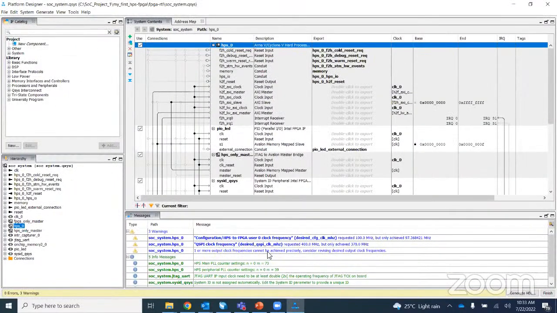Now open this SoC system.qsys. When we open this SoC system.qsys, you can see this is the HPS, which is the hard processor system. Here you can see what are the important interfaces which you should understand, right? What are the specific connections, right? You can see H2F. That means this is processor to FPGA, HPS to FPGA AXI clock, HPS to FPGA AXI master. Right. Similarly,